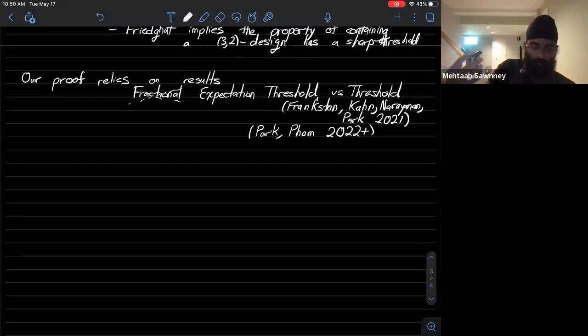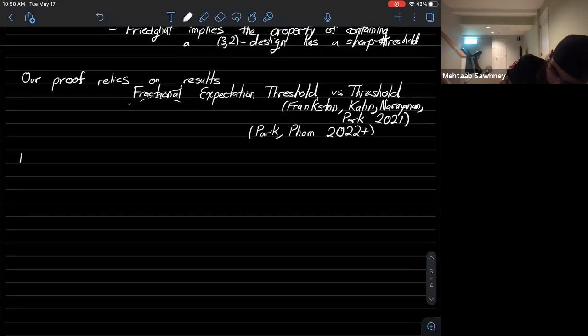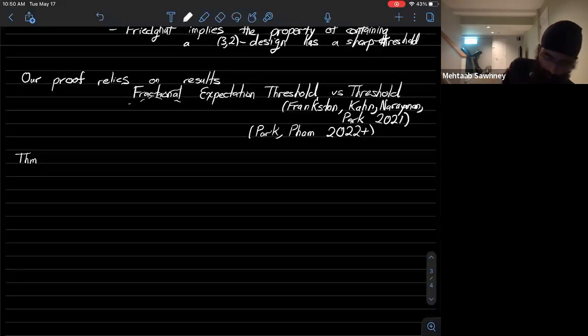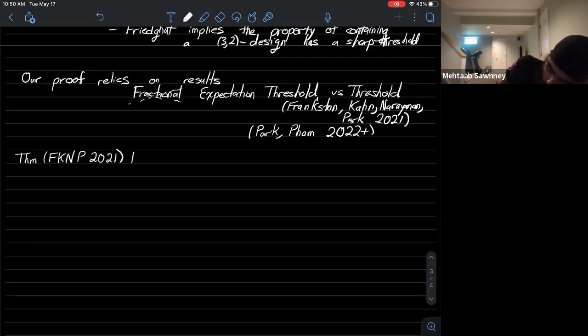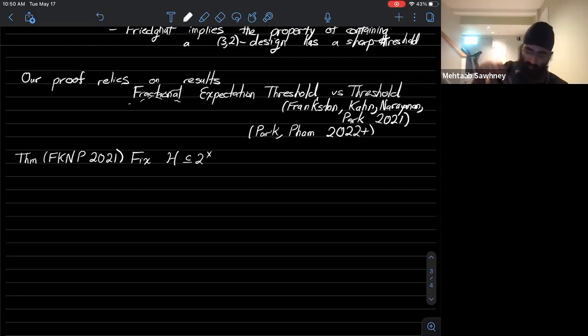But we'll really be using a variant of, or an equivalent restatement of, the fractional expectation threshold. And that turns out to be technically much easier to work with for our result. And it's the following reformulation of the fractional expectation threshold result. So this is, again, work of Frankston, Kahn, Narayanan, and Park from 2021. So for this, you fix some hypergraph H, and its edges are collections of sets of some ground set X. So then you say a measure mu